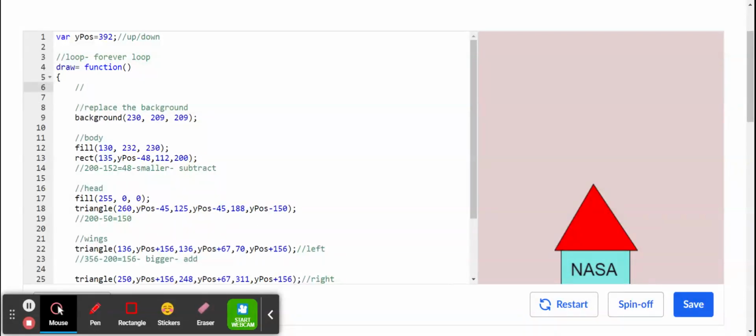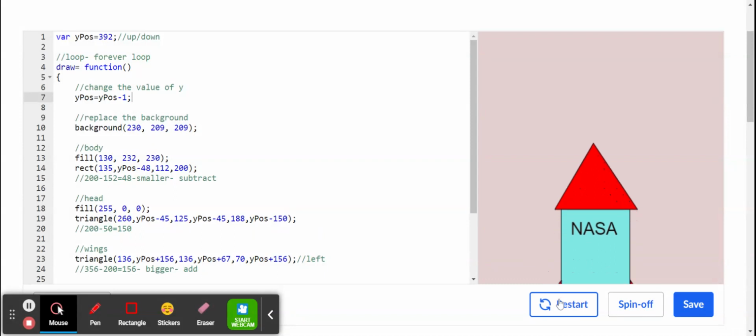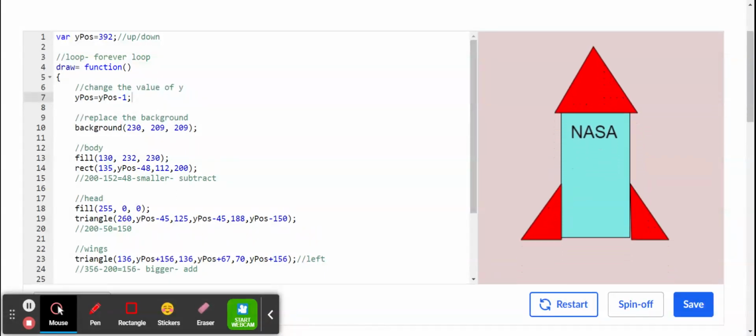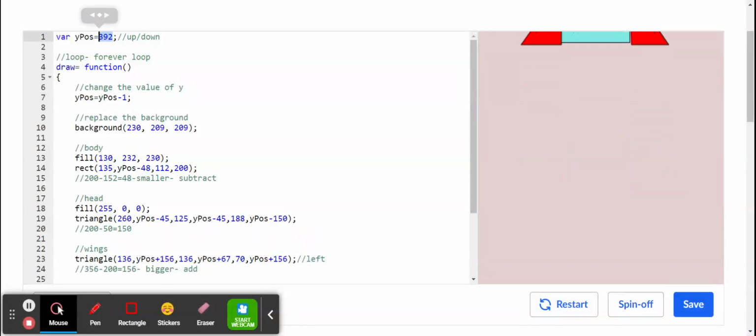Then the last step is we need to change the value of y. So we don't need to have the keyword var because that creates it. So no var. We go y position equals y position, so it's self, and 0's up here, so I'm going to take away 1 from my loop. Now you'll notice if I hit restart, it's ever so slowly rising to the sky. So the way that's working, and I'm going to make this 400 to start with,